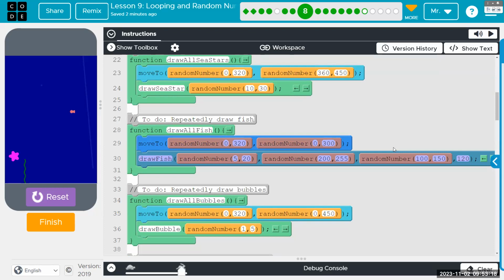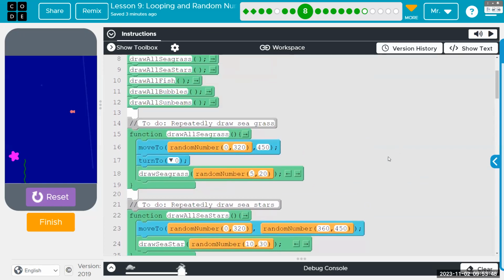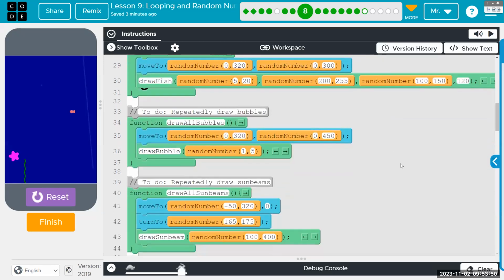Okay, this is something you're going to have to deal with next time, where you come up with your scene, which I'll give you some examples so you're not overwhelmed. Examples of things you could do, not things to copy. It's an original thing where you're going to need a bunch of a thing set up like this. So you need to understand the whole draw all calls, draw a fish, draw one fish, and so on. Okay, as long as you understand this higher level, lower level function, you'll be fine.